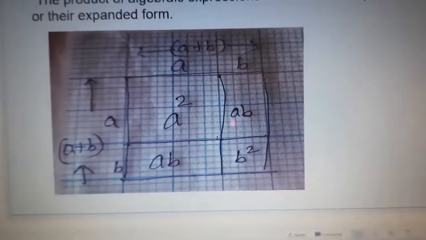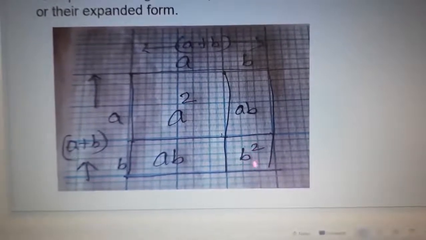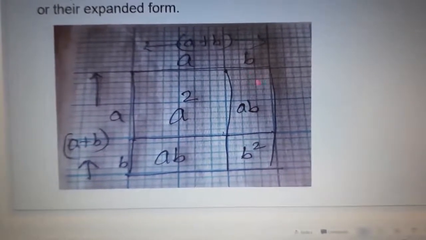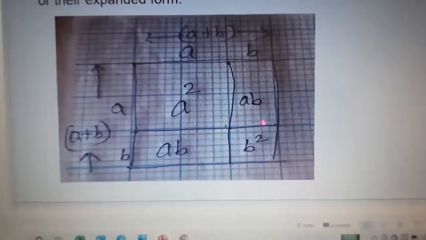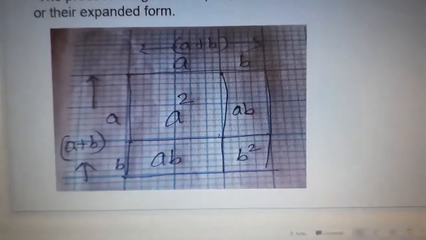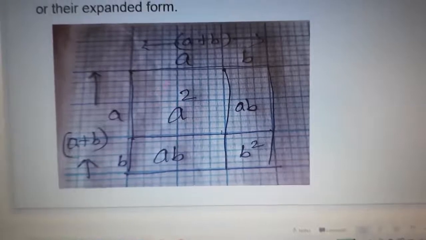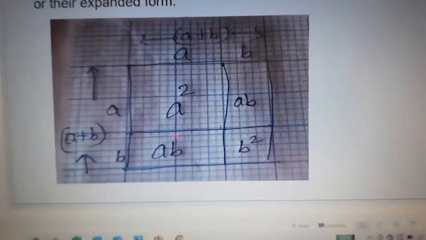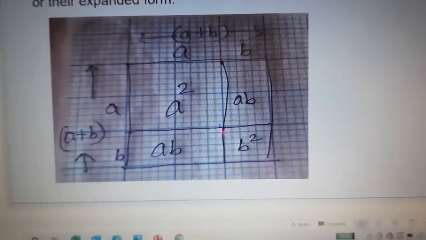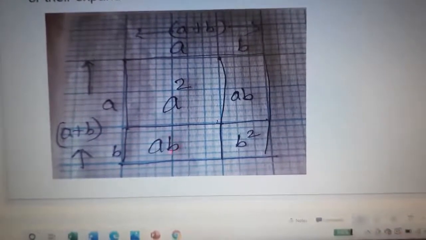Understood now? In this case also the same thing, children. You can see here this side is completely b square, because this side is b, this side is b. But since this side is a, it is ab. So you draw this and then you will understand properly, very carefully. Just learn a bit that this is a plus b. So this square, separate it out. All sides are a. And this square is adjacent to that. This side is being shared. So this will be ab, a into b, ab.